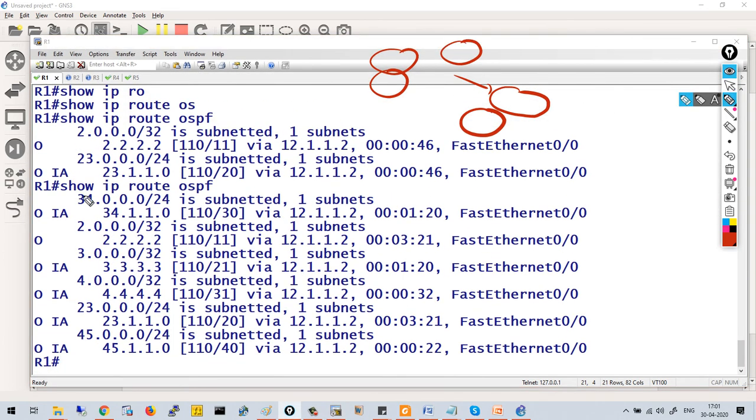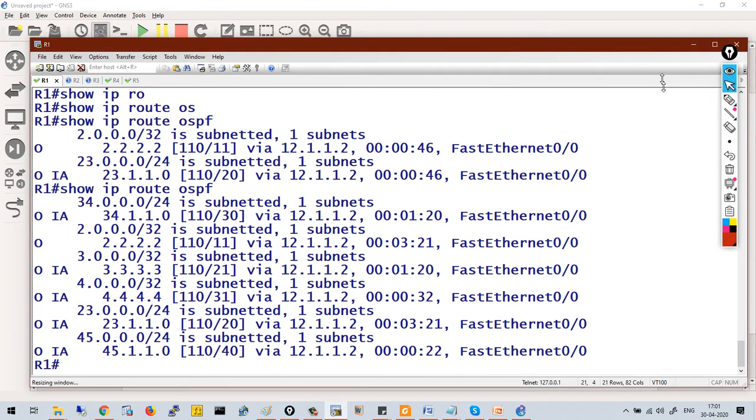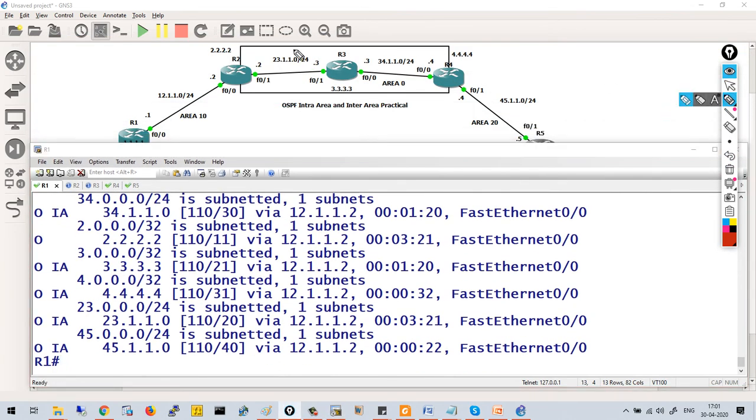I can see the loopback of R2 also, which is present as O. O means intra area. For all other networks, I can compare with the topology, whether it is the 23's network, the 34's network, or the 45's network. 23, 34, 45, all are present as inter area.